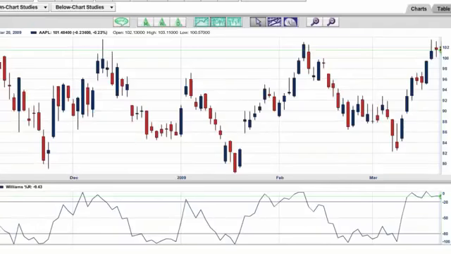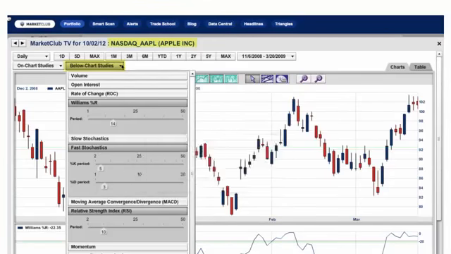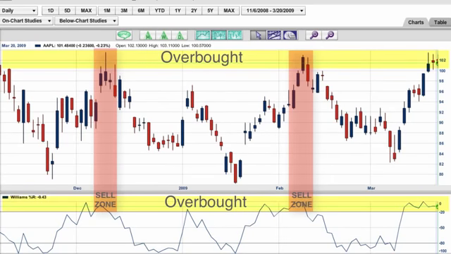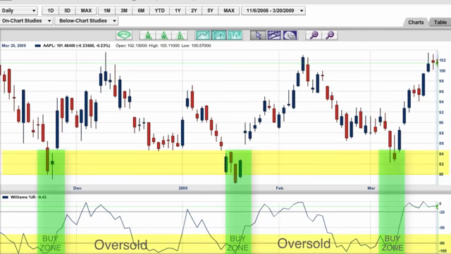Now, a sideways market is totally different. You're talking about a market that really has no trend except very short-term trends. And the tools you use in this type of market are as follows. You want to be looking at an oscillator. And oscillator tools come in varieties such as the Williams percent R, which is below the chart here. And you can see when the market gets above a certain level, then it's considered to be at risk for coming back down and going below the low. And it's pretty accurate. However, if you're new to trading, this is the hardest form of trading that you can